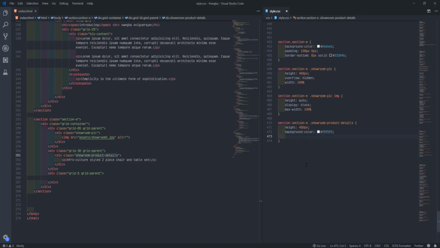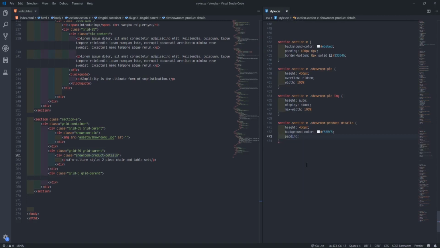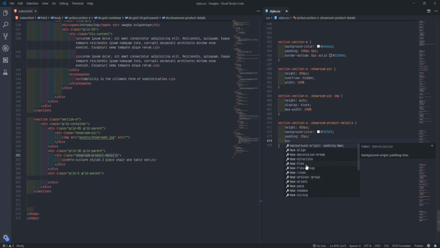Then we'll say padding. Make the padding be 20 pixel and must put box sizing now so that the box does not get bigger here. Remember, box sizing, border box.